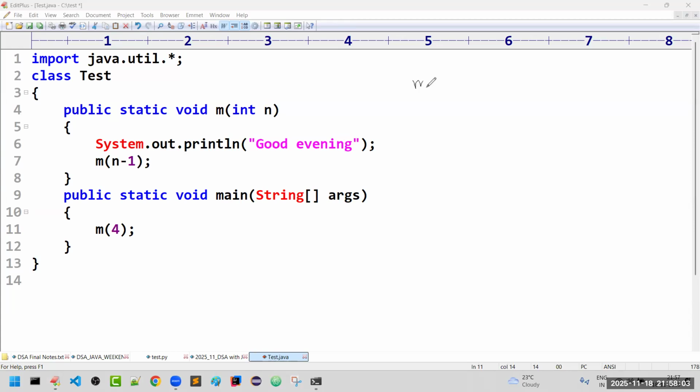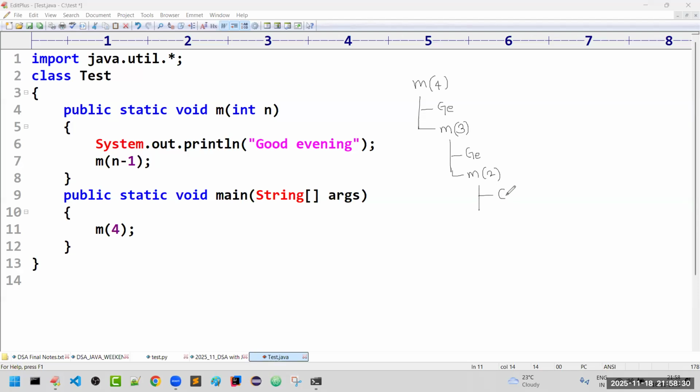First we are calling with one parameter called 4. It will print the message good evening, followed by it will call the same method with 4 minus 1, which is nothing but 3. Now it will print good evening message, and it will call the method with 3 minus 1, which is nothing but 2.